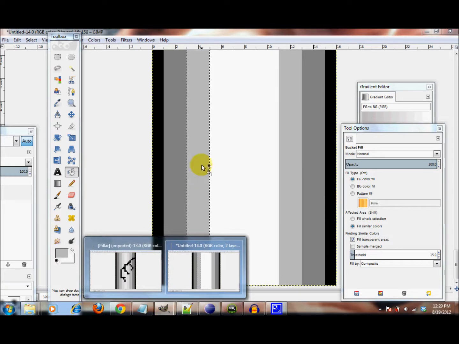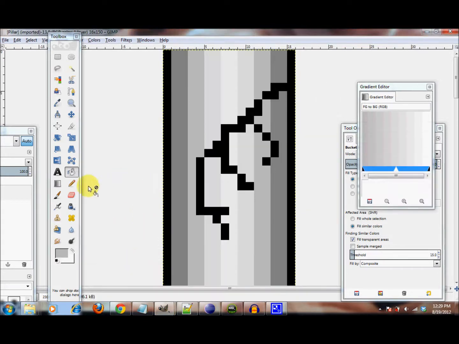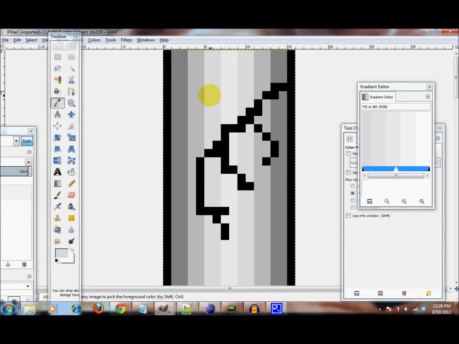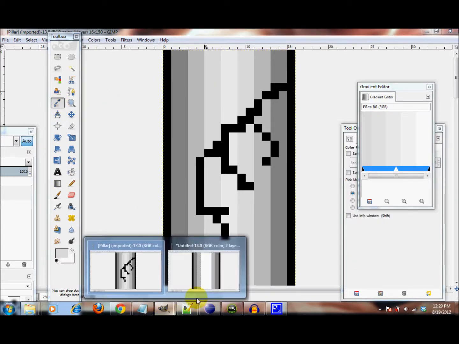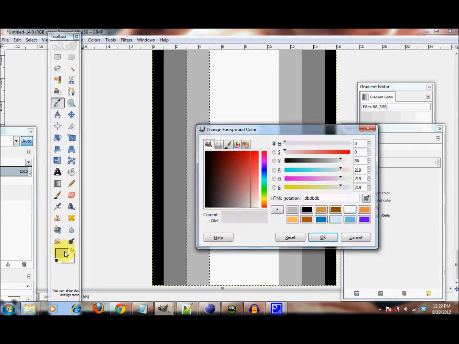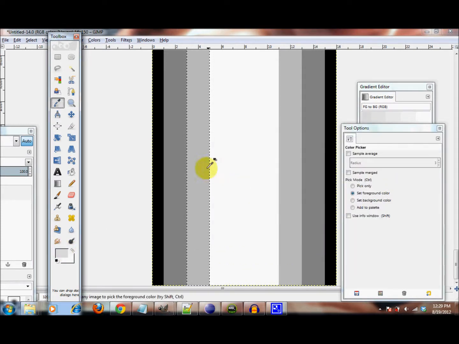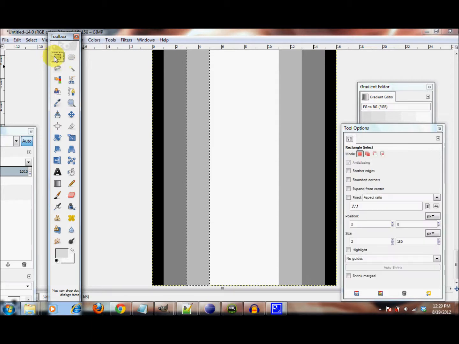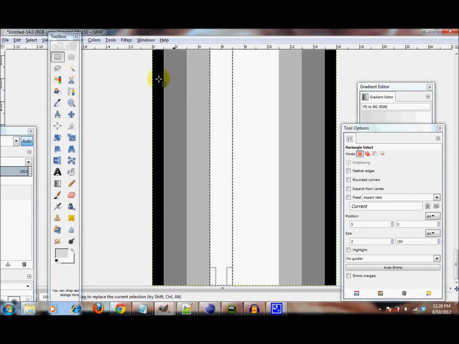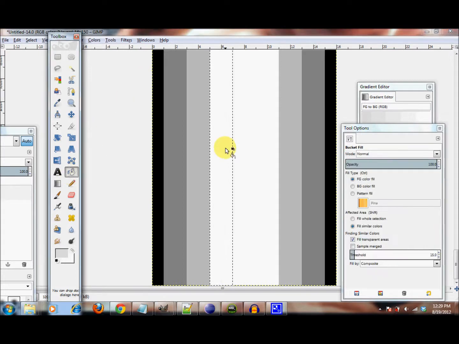You can play with the colors until you get something that is right. We kind of liked how this one turned out, so we're gonna go ahead and do it for the rest. So let's go to the next color, and this color is 219, 219, 219. Once again, grab the selection, select it, move it to the side, fill it with the bucket fill tool, and